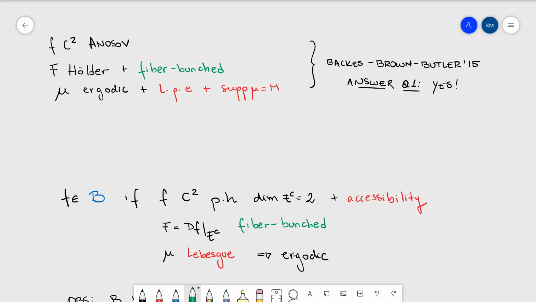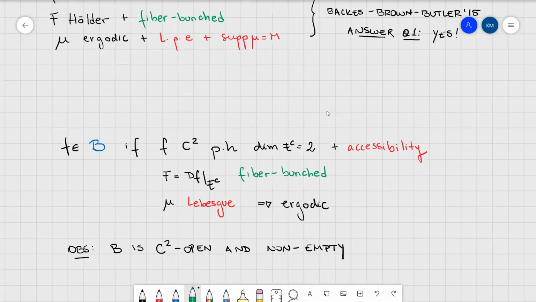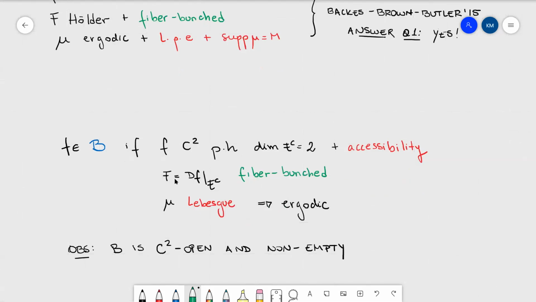So what I have done so far is I have this question about the continuity of the center Lyapunov exponent. I'm using linear cocycles to understand better of what happened. So I'm adding information to my original setting of partial hyperbolicity in order to have hypotheses that are similar to the one in this result where I have a positive answer. So I didn't mention, but this set B that I define here with all these hypotheses here is C2 open and non-empty. So this is important information.